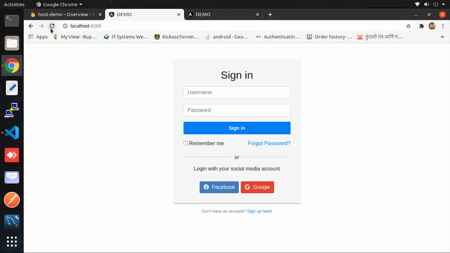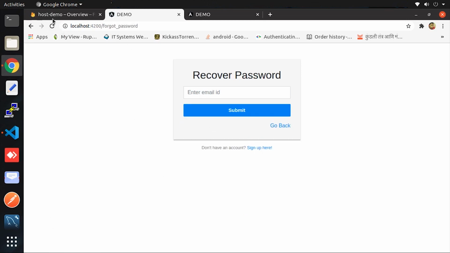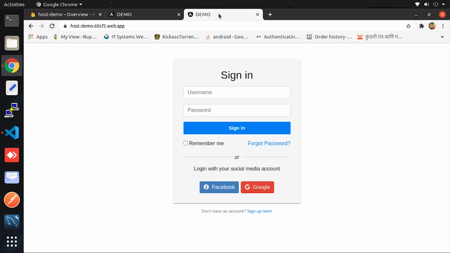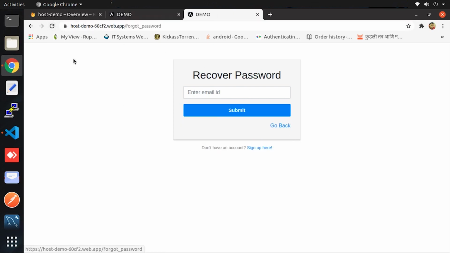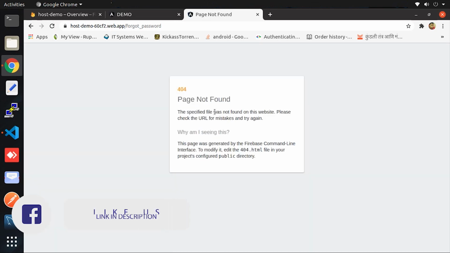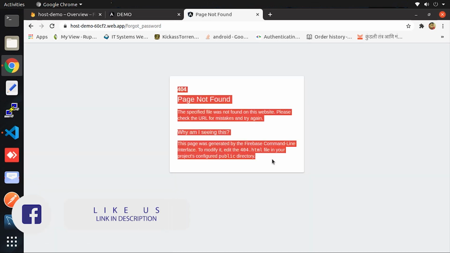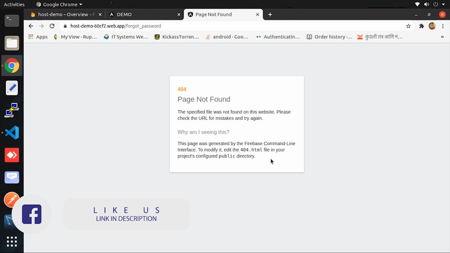Now it is running in the browser. Now let me move to another page and refresh the page. See, it is not giving any issue, but in the Firebase case, when I try to refresh, it gives us the page not found error.